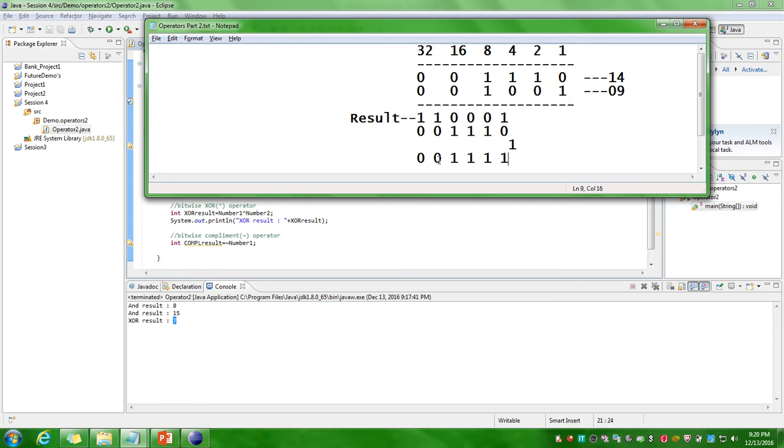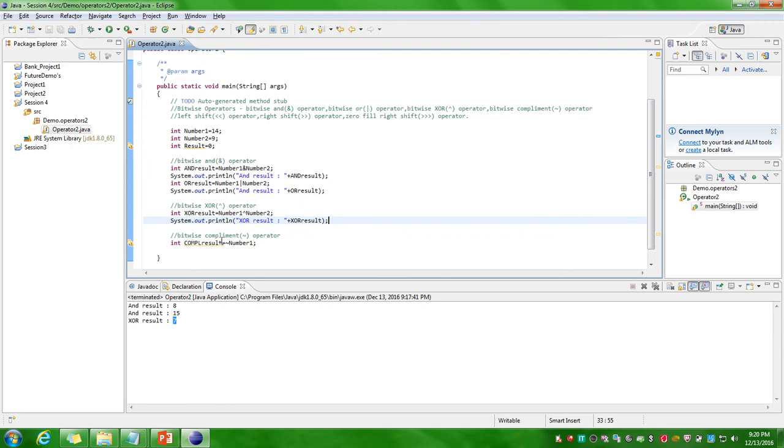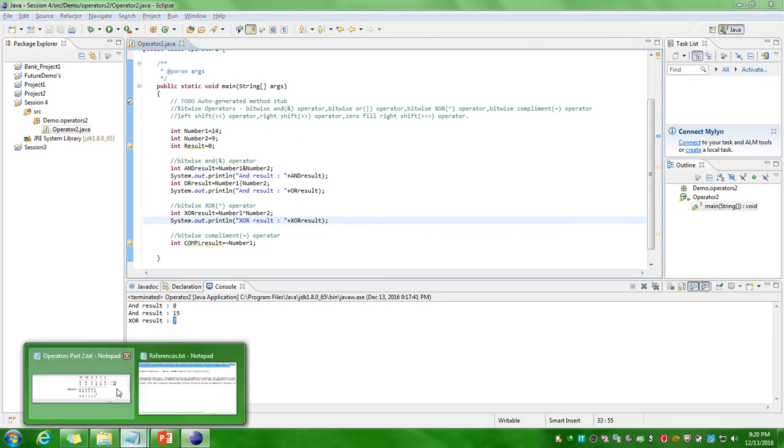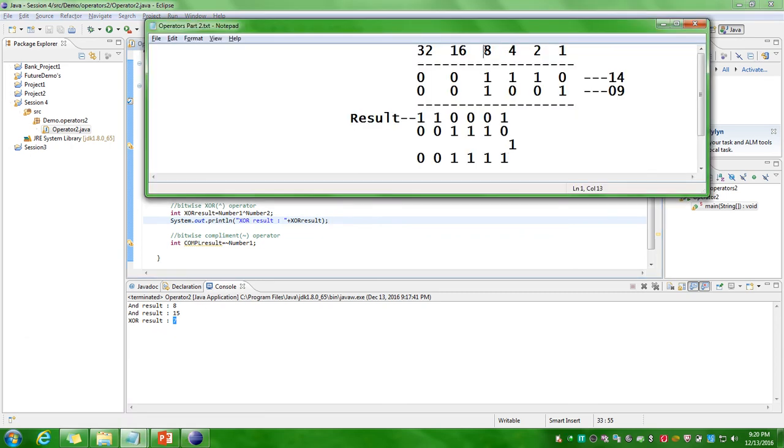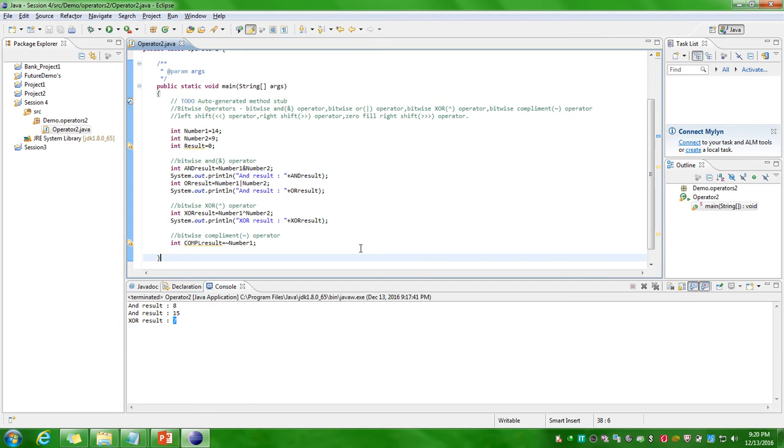So 4 ones means 8 plus 4 plus 2 plus 1, that is 15. That should be minus 15. The answer should be minus 15, because